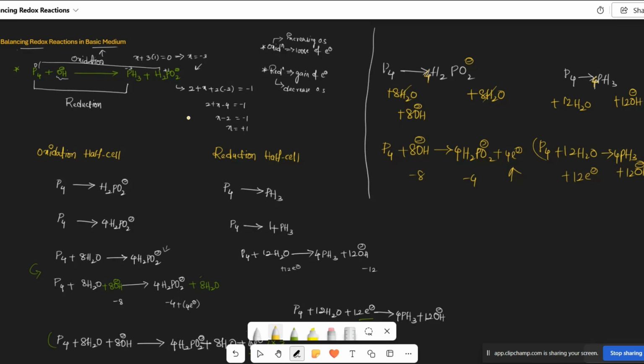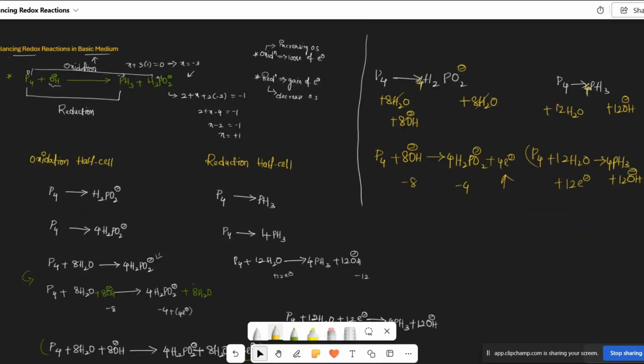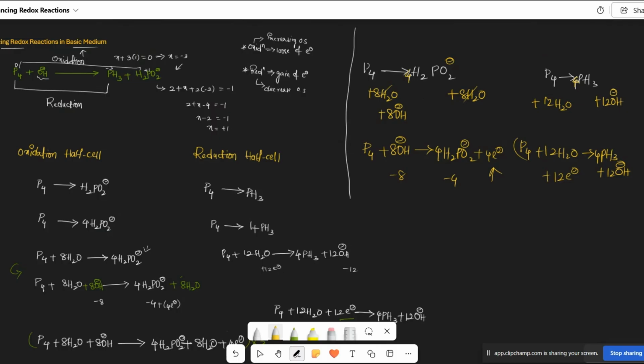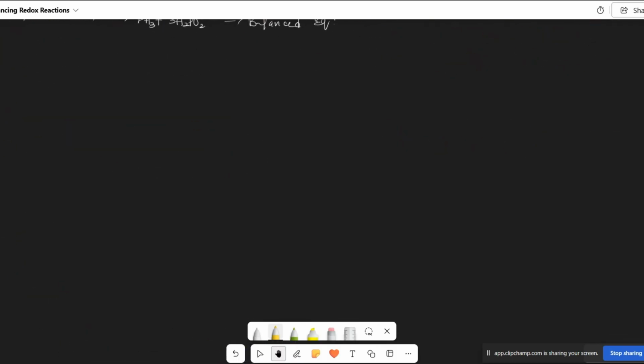So, hello everyone. In my previous video, I explained balancing redox reactions in basic medium step by step. Now let's try to solve one more example in basic medium itself. The question is this: